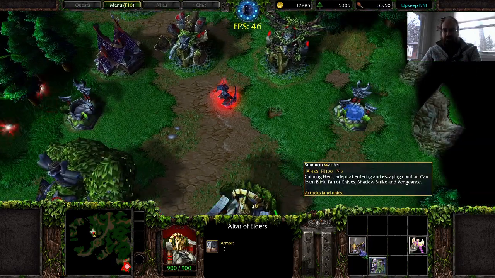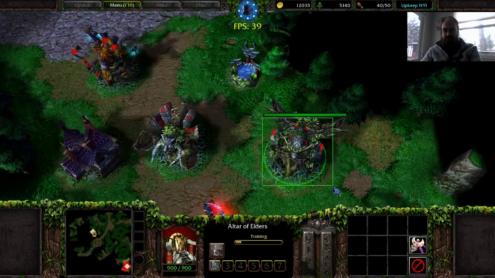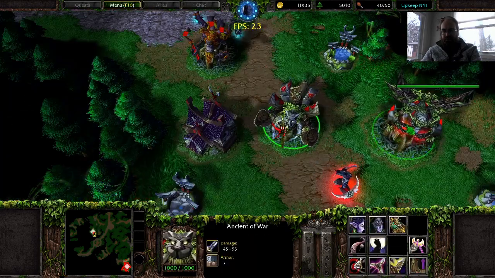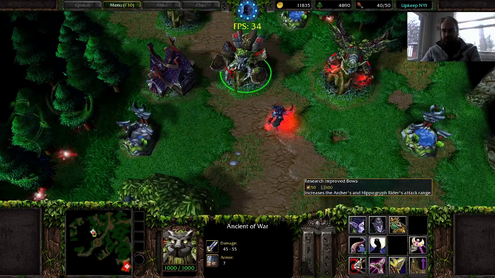I was trying to see earlier. I don't remember. Oh, I guess I can just make both of these. So Warsmash doesn't stop you at three heroes yet, which is another thing that's a little bit silly. Let me see if I can get some of these master trainings, unlock the really cool abilities.